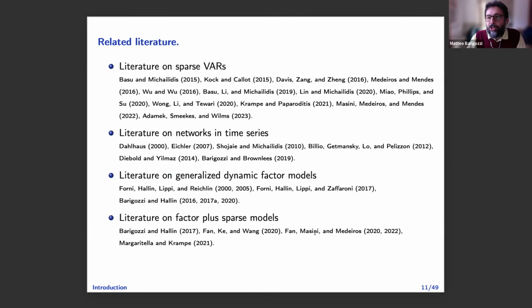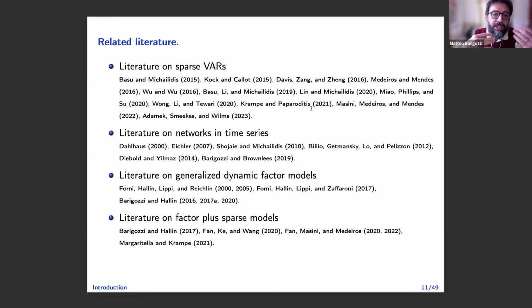There is a huge literature on sparse VARs. Until the last revision, we were stopping here, and then the referee asked us to add four other papers, and they keep appearing on sparse VARs. They are all interesting. They all tend to move from one to the other. Assumptions are weakened. The last one, I think, is the most general I know for the moment. But in this sense, we also contribute to that because we have a different set of assumptions that in some aspects are even more general than what you see written here.